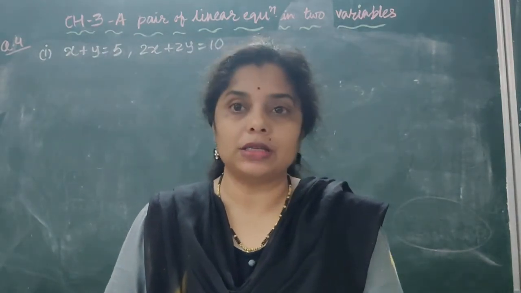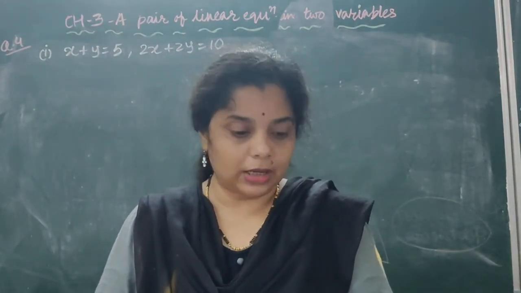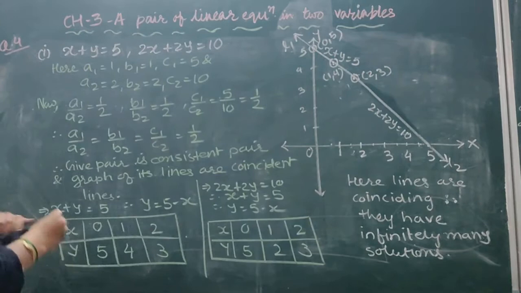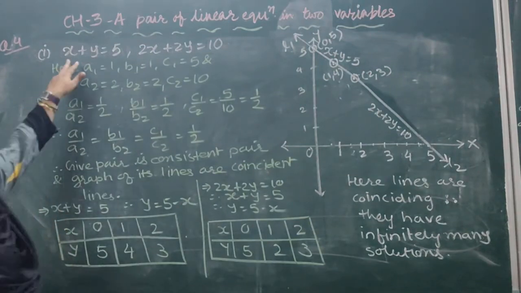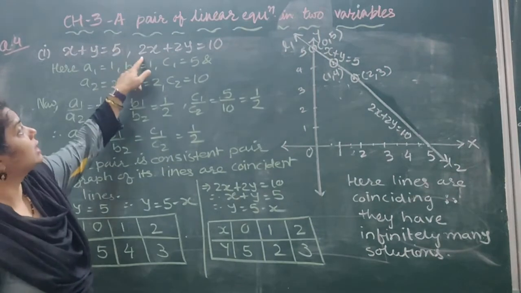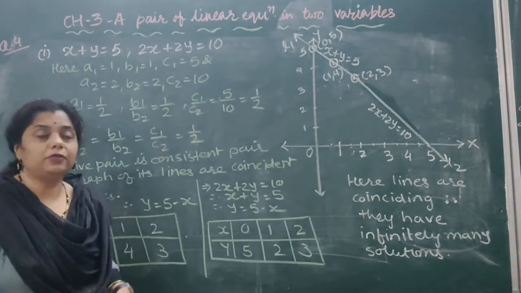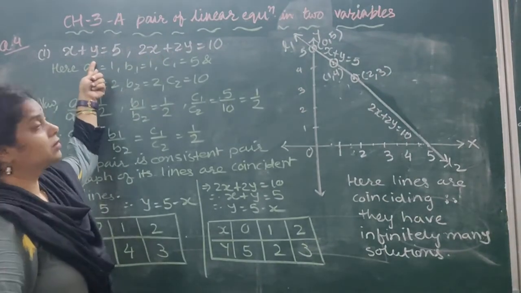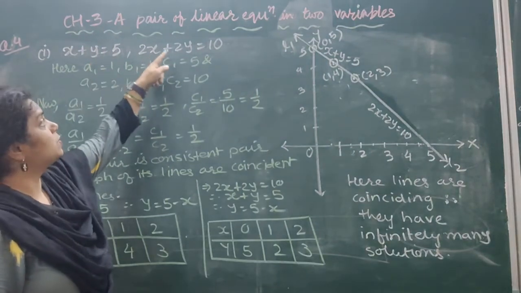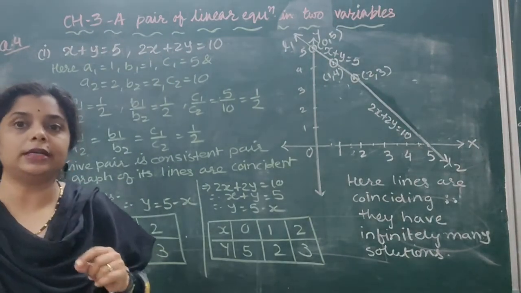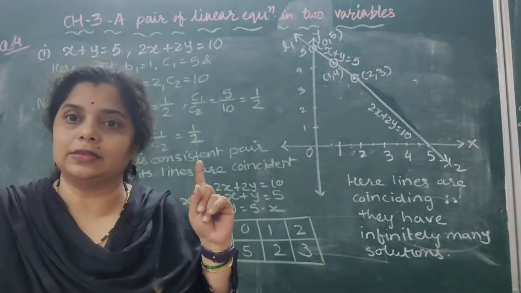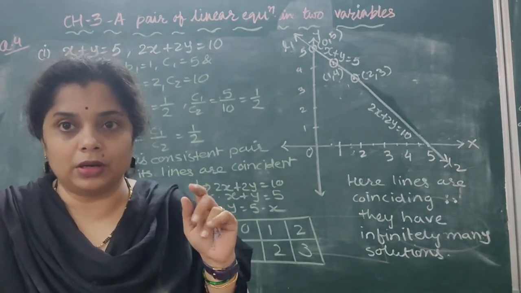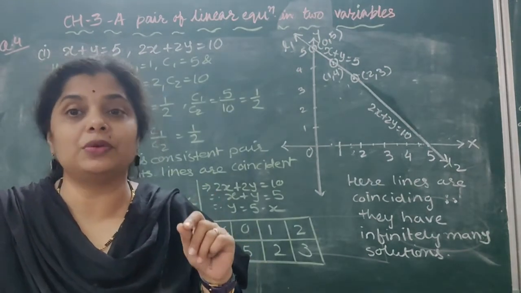First case, x plus y is equal to 5 and 2x plus 2y is equal to 10. Let's start with the first sum of question number 4. Here it is given that x plus y is equal to 5 and the second equation is 2x plus 2y is equal to 10. If you notice, if we take out 2 from the second equation, we will get the same equation as the first one, x plus y is equal to 5. So by just seeing the data, you can get an idea that they must be coincident lines. But after your notification, you must write down the steps.